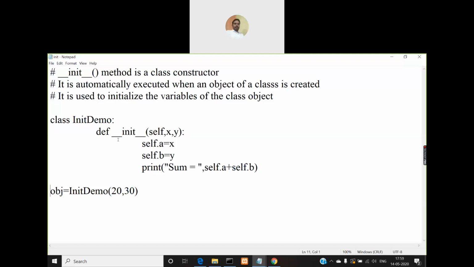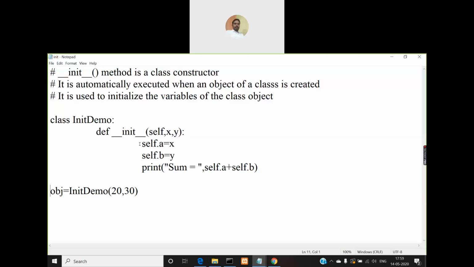I'm defining the constructor here. Use the same definition keyword def followed by a space, double underscore init double underscore, and within the parenthesis by default you must have the self keyword. Additionally, if you want any parameters to be passed to this constructor, you can mention them separated by commas, then give a colon symbol, and use indentation to write the statements you want inside this init method.